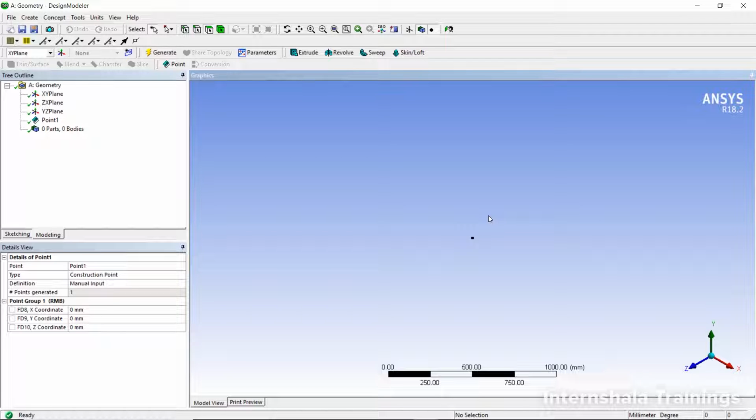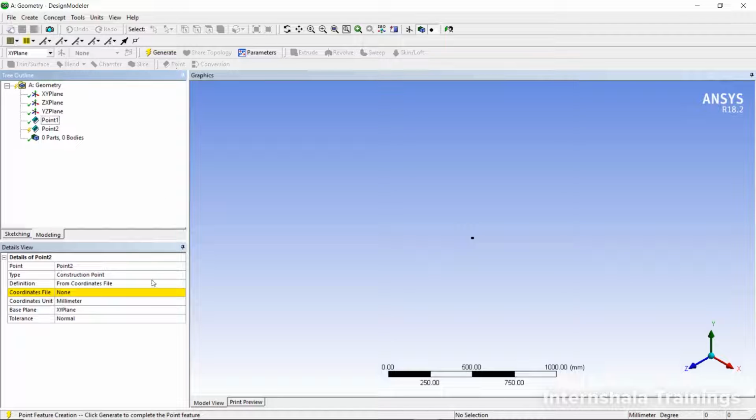Now I want to create another point which is at a distance of 100 mm from this starting point in the x direction. In order to do so, once again I need to select the point option, and in the definition, instead of from coordinates file, I need to select manual input.